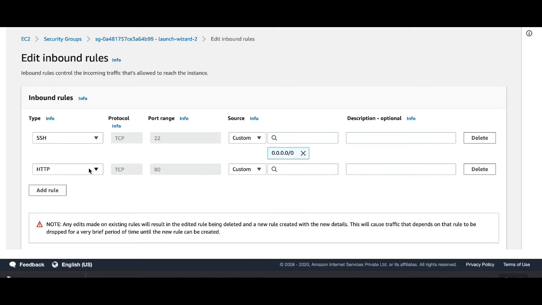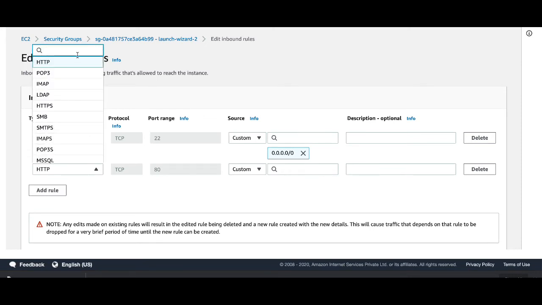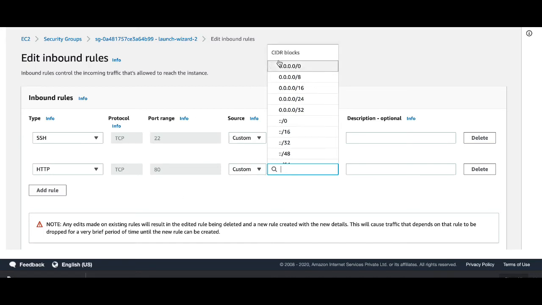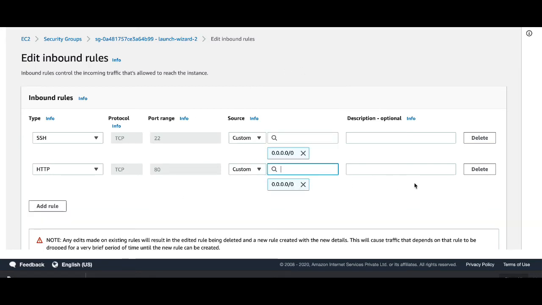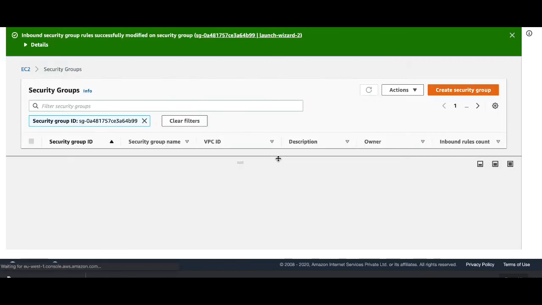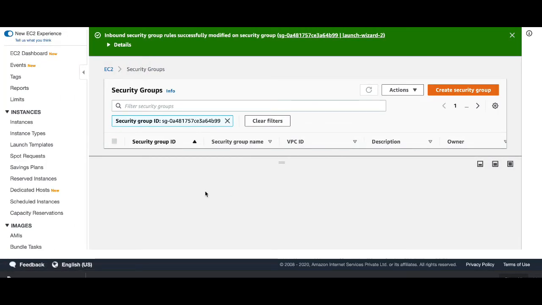If your application runs on 5000, you can select Custom TCP and give 5000. HTTP, destination is 0.0.0.0, that is across the world. Web application port. Save rule. That's it, we are good to go.